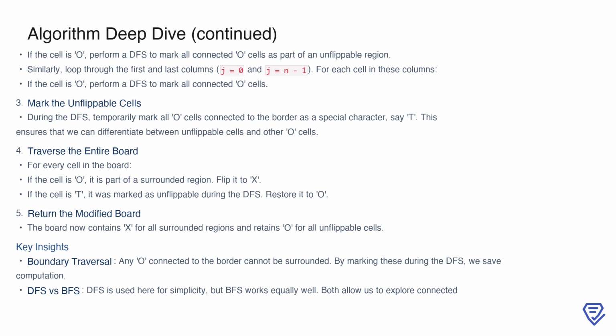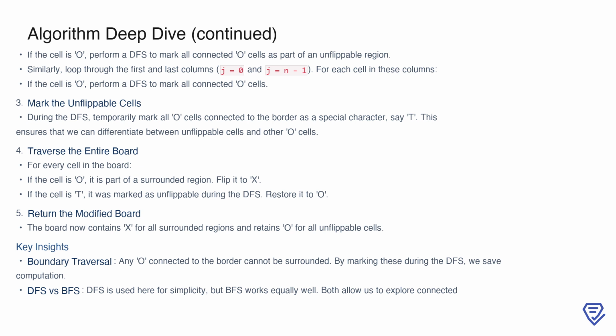This marking ensures we don't accidentally flip these cells later. Once the borders are processed, we move on to traverse the entire board. During this phase, any remaining O cells are part of a surrounded region, so we flip them to X. Meanwhile, any cell marked as T is restored to O, confirming it as unflippable. After completing these steps, the board is modified such that all surrounded regions are flipped to X, and unflippable regions